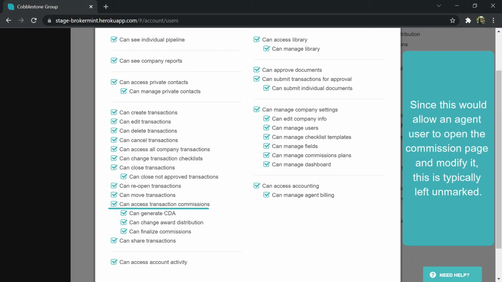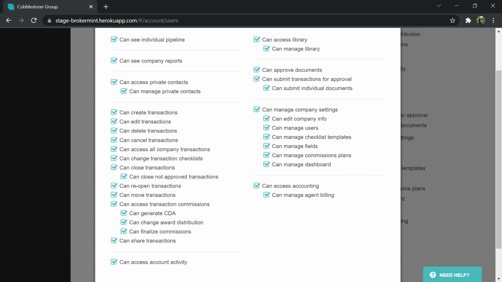Since this would allow an agent user to open the commission page and then modify it, this is typically left unmarked. Marking this checkbox will also open the following permissions: Can Generate CDA, and if marked, the user will be able to generate a CDA or Commission Disbursement Authorization form to send to a title or escrow company as disbursement